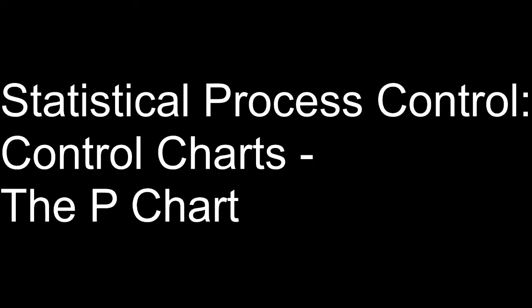It's a continuation of the discussion on statistical process control and control charts. This one's on one specific type of control chart called the P chart. P is for proportions. And this is, again, I'm hoping you're following my videos. You've been watching the previous couple on the R chart and the X bar chart, because this video is going